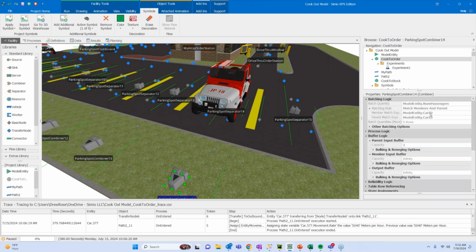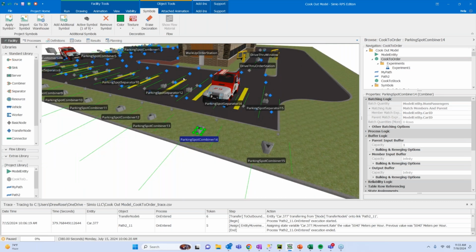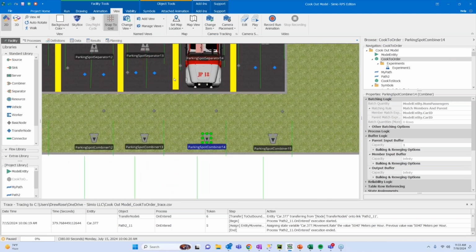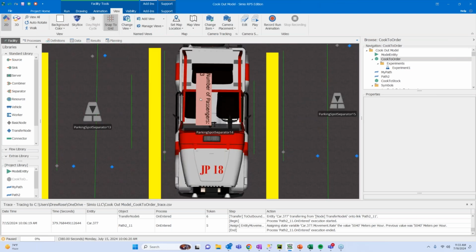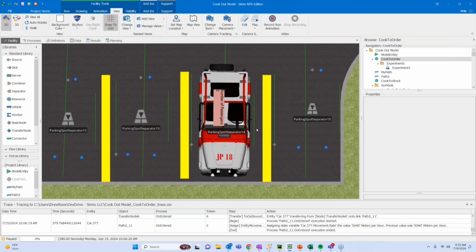So the car itself has an ID, and this is just a Simio specific modeling ID that is designating which particular customers should match back with which particular car. Because in the context of reality, you wouldn't want your customers to route to the wrong car. They need to know which car they're going to go to. So we're going to wait for the batch quantity, being the state, the number of passengers that we designated in this case. That being, we need to wait for a batch quantity of 3 to be met.